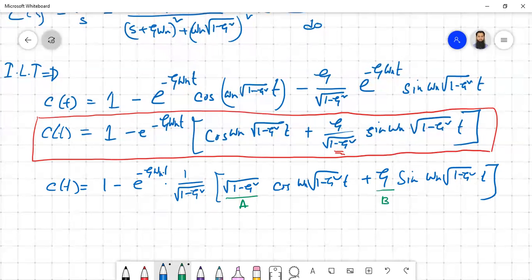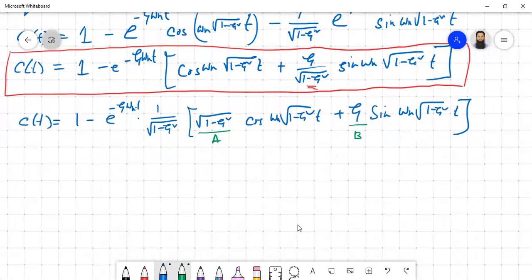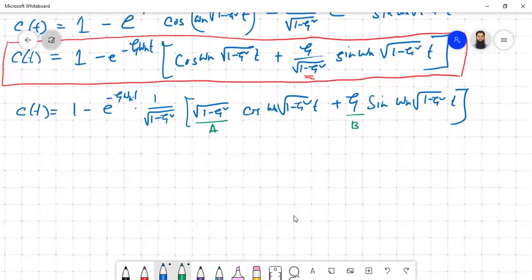So if we divide by root over A square plus B square, just the way we have done in chapter 2, then A square plus B square over root over A square plus B square will basically be 1. So we can directly apply the formula without further ado. We can consider this thing as cos phi and this thing as sin phi. Okay, so what we can write here finally is 1 minus e to the power minus zeta omega n t